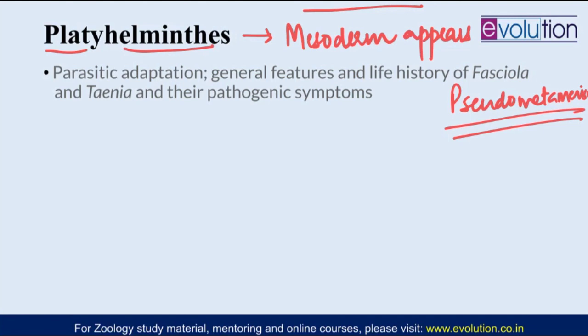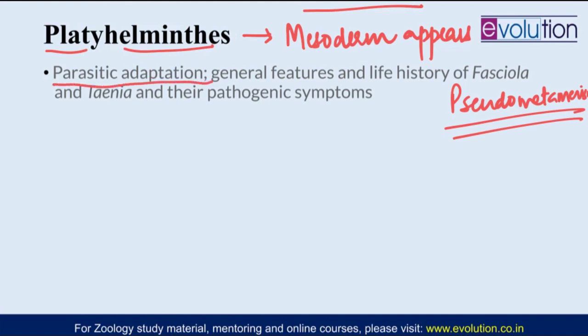Platyhelminths are free living, but a lot of them are parasitic, and they are parasitic on humans or the livestock. So you have to do all the parasitic adaptations, whether they have suckers, whether they have hooks, or they are largely dependent on an anaerobic condition in their body because they are residing inside a host, and that they produce a large number of eggs, and that they show polyembryony. This is something you have to do under parasitic adaptations.